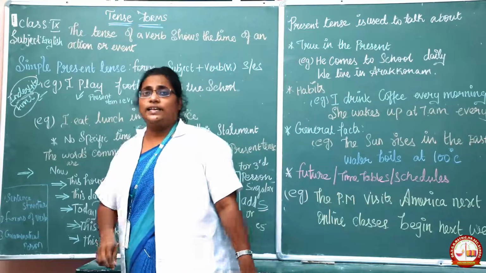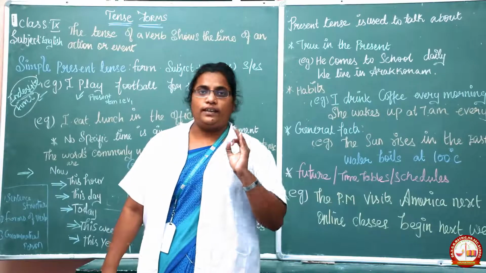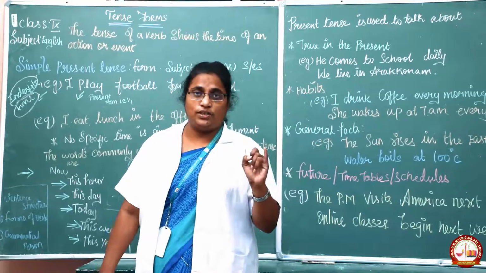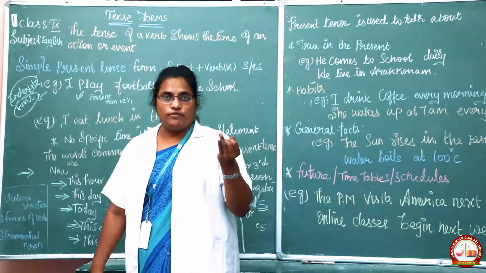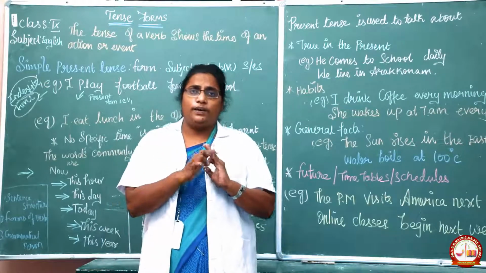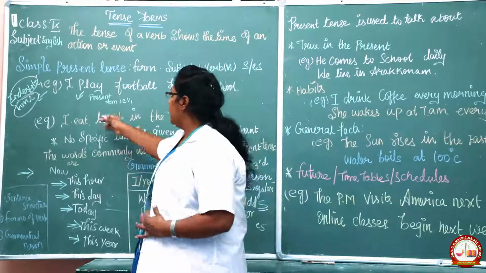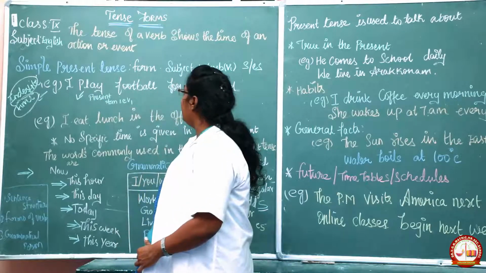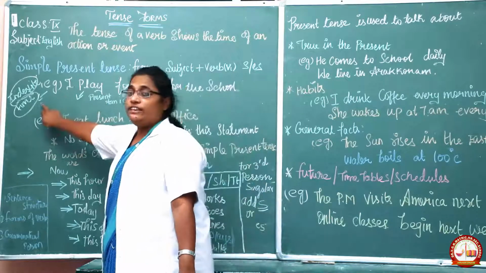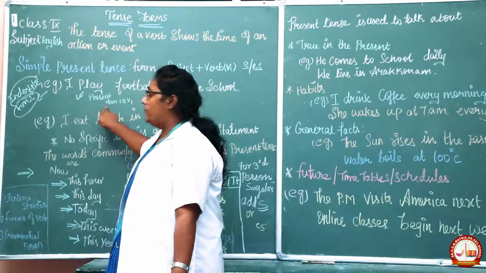In the previous class I told you that there are 3 main structures. When you are writing a tense, there are 3 pillars you have to know. The first one is sentence structure, the second one is forms of verb, and the third one is grammatical person. If you know these 3 pillars, then you can write the tenses easily. So here, I play football for the school. The time is not mentioned, it is indefinite time. Here I is the subject and play is the present form.